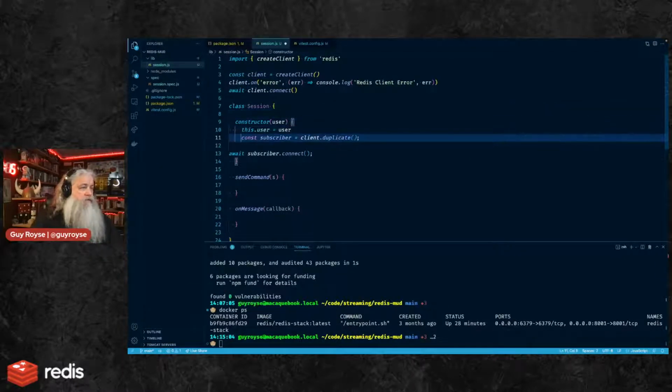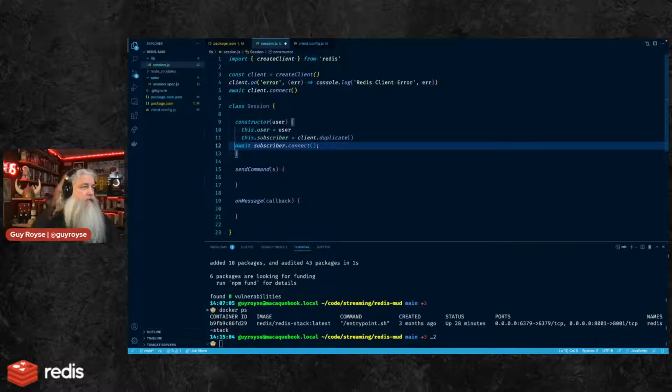So we'll say this dot subscriber equals client dot duplicate, and then I can't await that because that's a constructor, which is annoying. But it's probably okay.